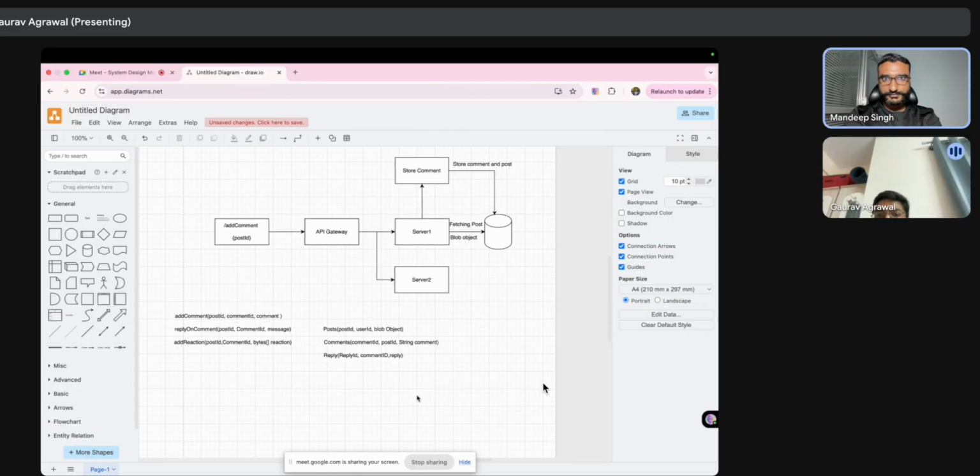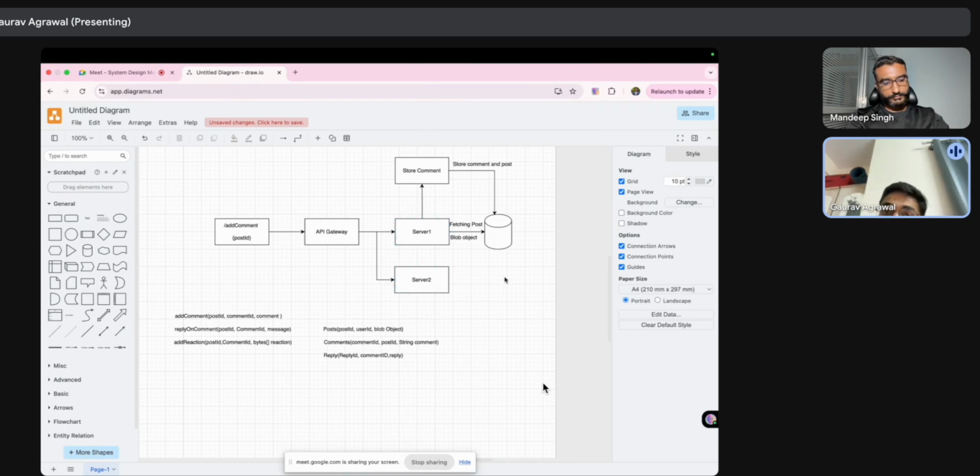Okay. So regarding the scaling part, as we are already having the concept of multiple servers, there is one API gateway, we could also call it a load balancer type of thing, which is going to divide the load across the servers available in the system. That's the server part of the API request handling.